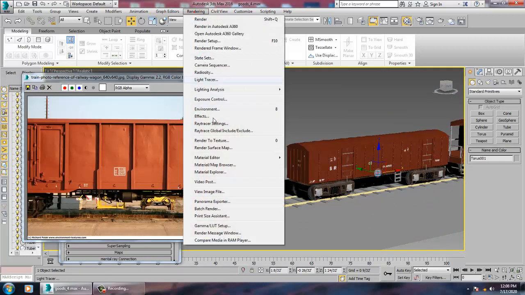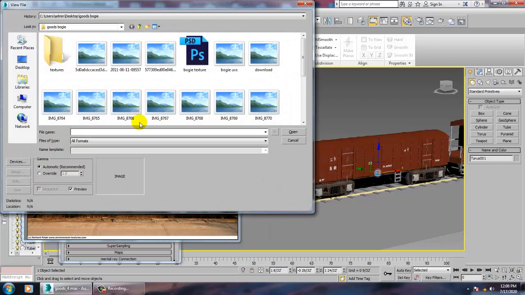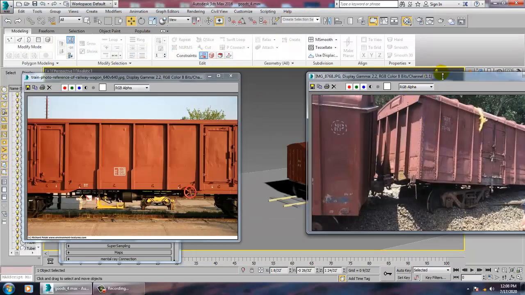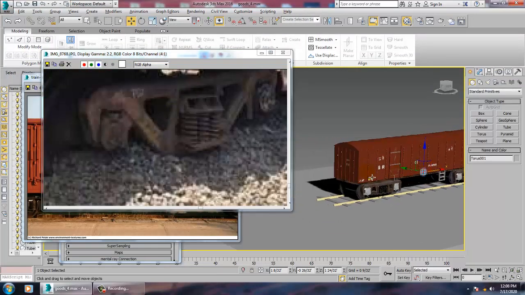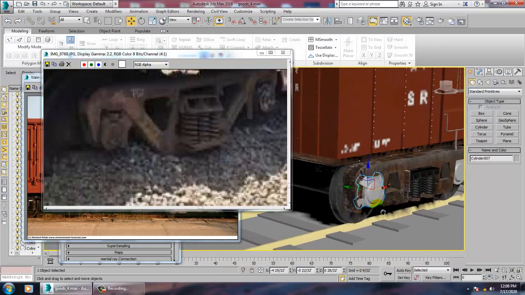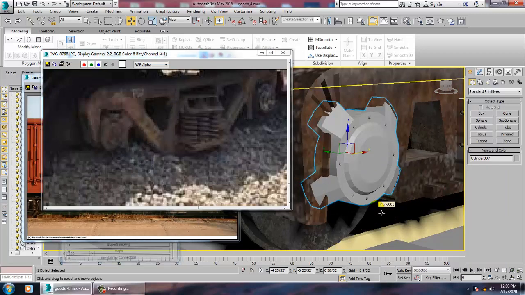So go into rendering, view image file. You can take more reference over here if you want. You can go with some kind of an old metal look.